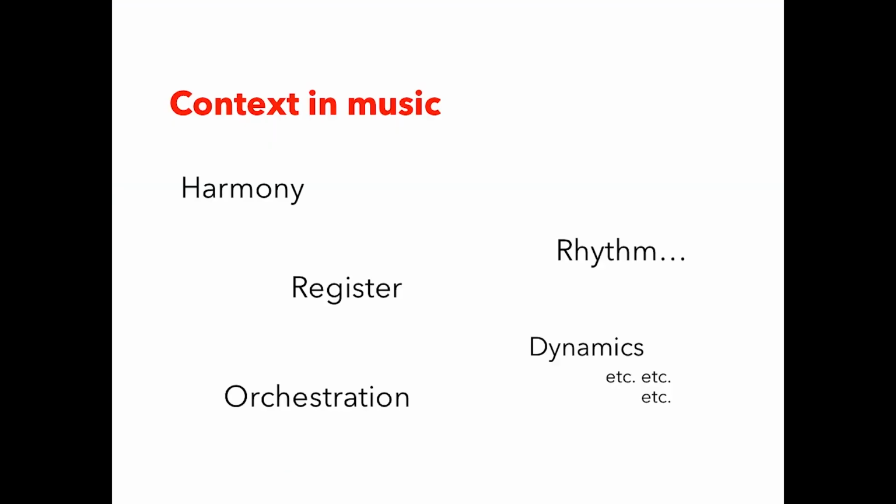I've listed some things here that you could think about to consider in terms of how you could change the context. For example, you could change the chords that go underneath a melody or a motif, or change the chord progression. This will make it seem quite different. For example, even if you had a series of major chords and then you change them to all minor chords, it may make a difference. You can change the rhythm of what goes underneath, or in fact, even of the motif itself. So for example, I could put a waltz type of tempo behind the Beethoven motif, and then it becomes some sort of dance tune rather than something from a symphony.